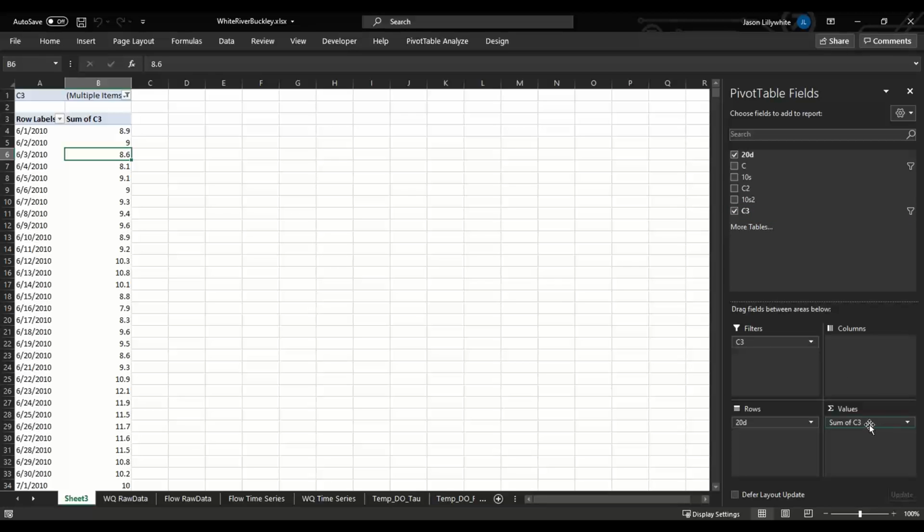You just need to move that down into the values box down here, and then also to the filters box. And then this thing called 20D, well, I should have labeled that better too, but that's the date time, this column A. So you just need to move that over to the rows column. Once that's all set up,